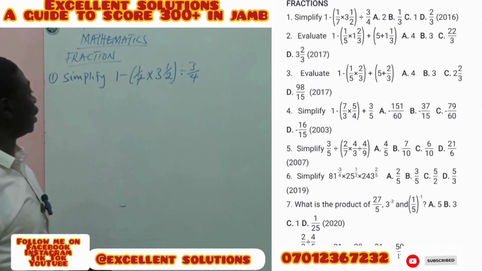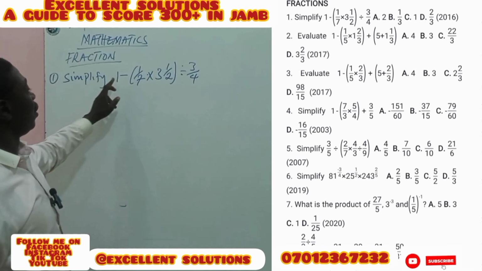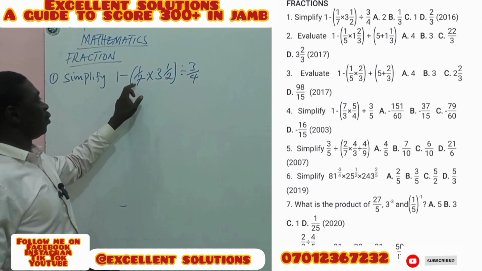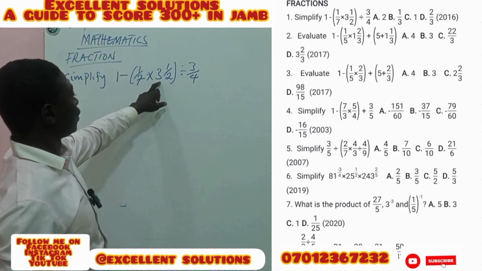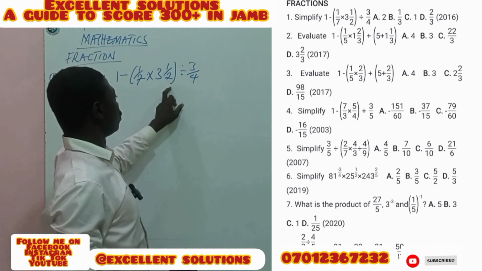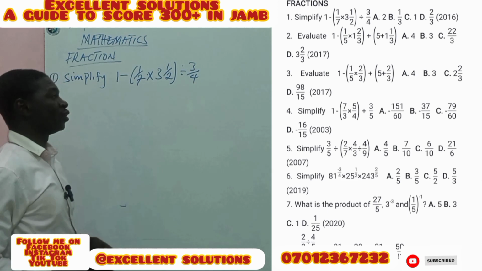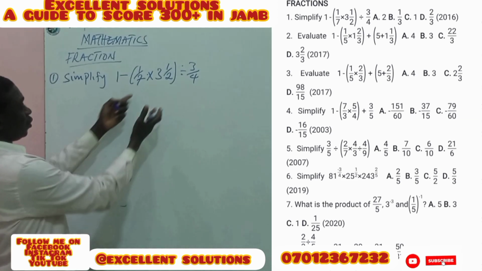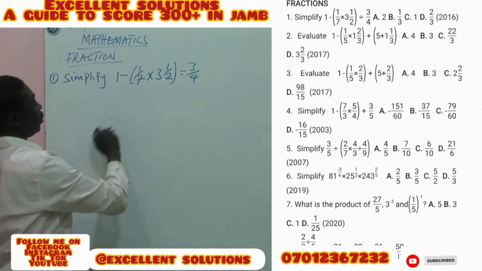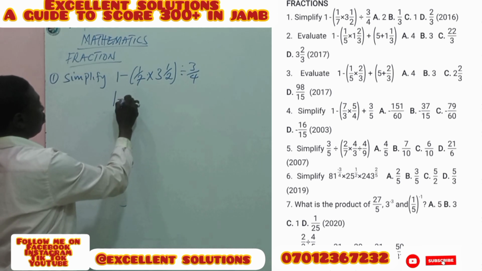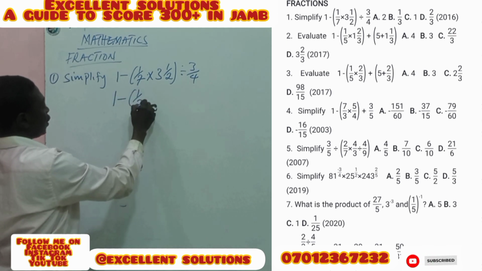Our question 1 of today says, simplify 1 minus open bracket 1 over 7 times 3 whole number 1 over 2, divided by 3 over 4. So this is a very easy question to tackle. First thing we need to do, we start with the bracket. We now have 1 minus 1 over 7